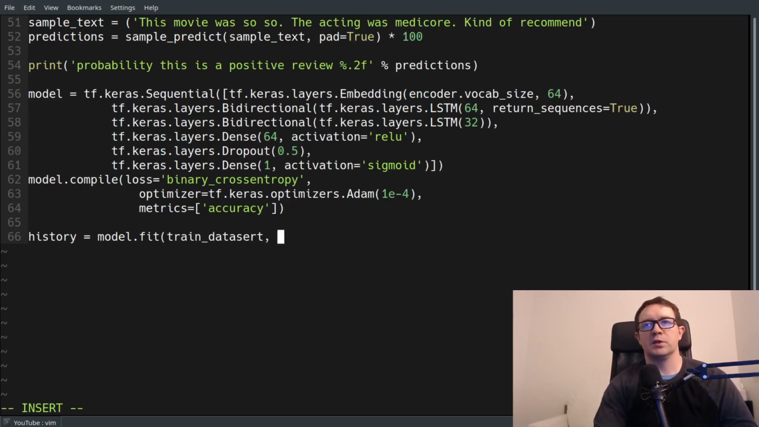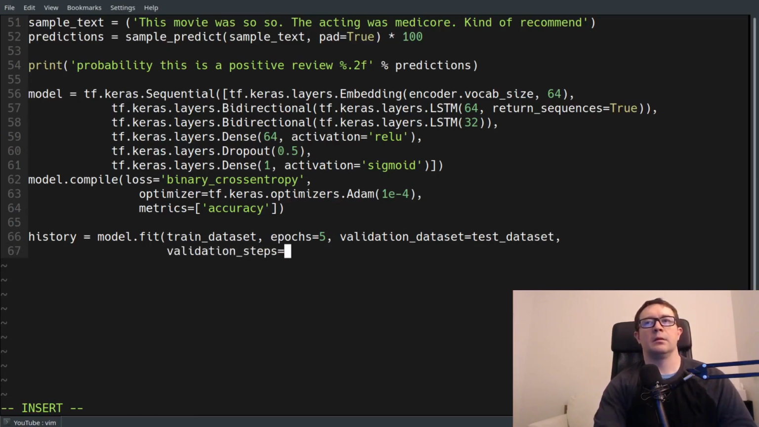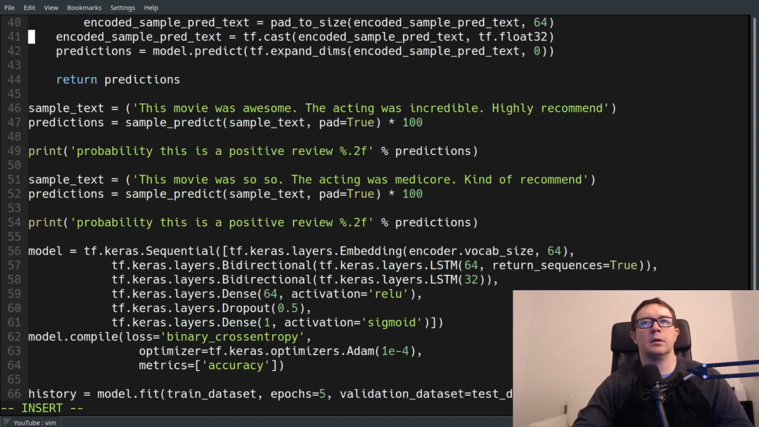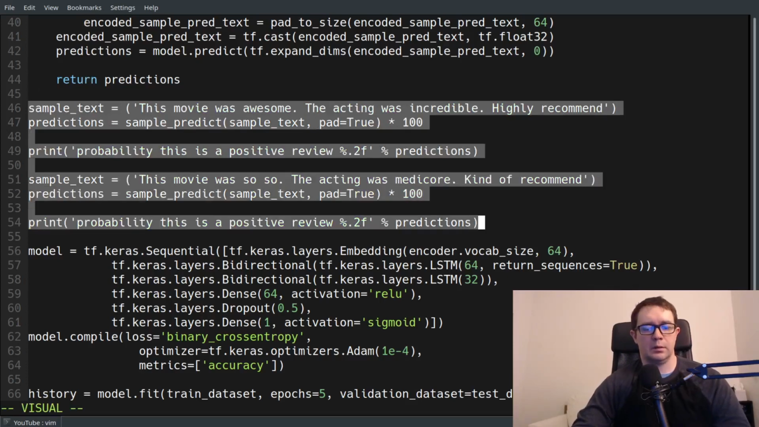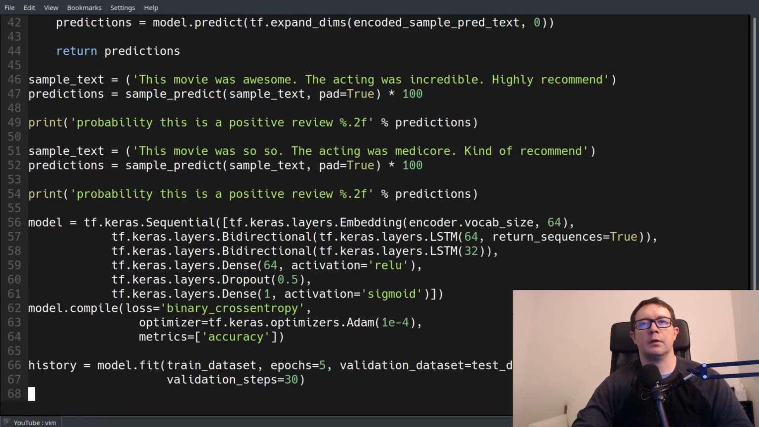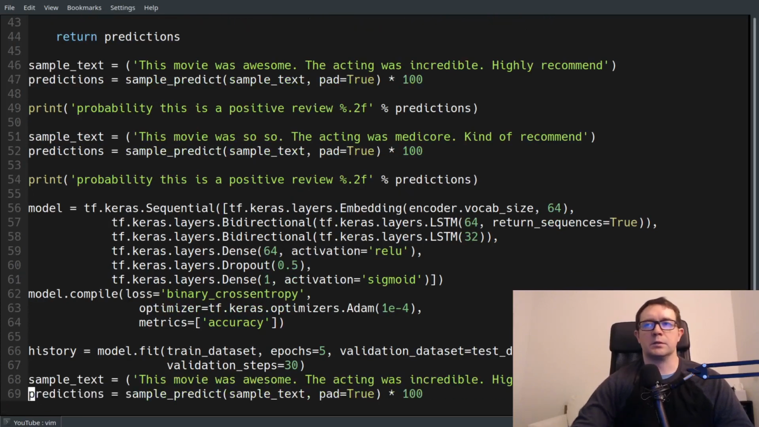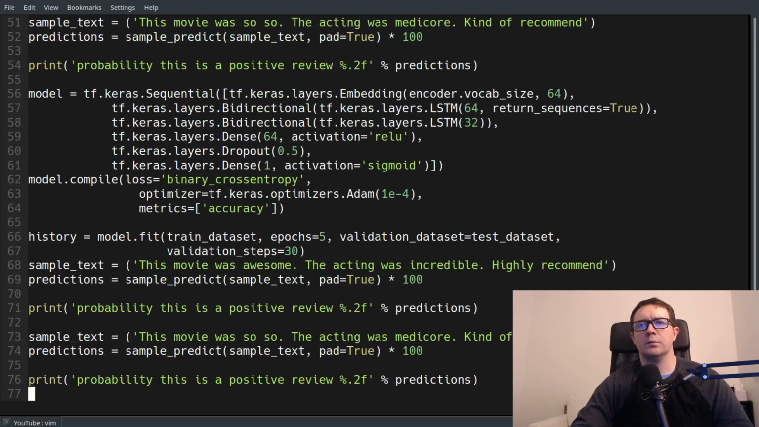not cert, epochs equal 5, validation data set equals test data set, 30 validation steps, and we're just going to scroll up here and copy all of this, visual, yank, and come down and paste. All right, so